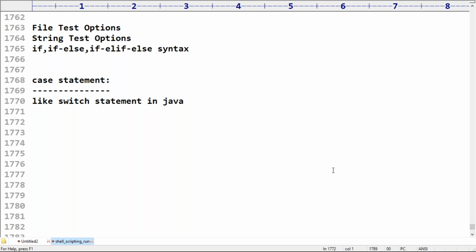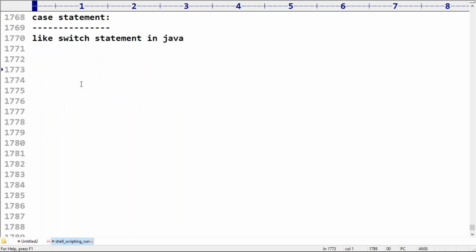Now observe very carefully about this terminology. If multiple options are there, it is never recommended to use nested if elif or an if elif ladder. What is the problem with that? Readability will go down because the length of the code is going to increase. Best example: assume that multiple options are there.